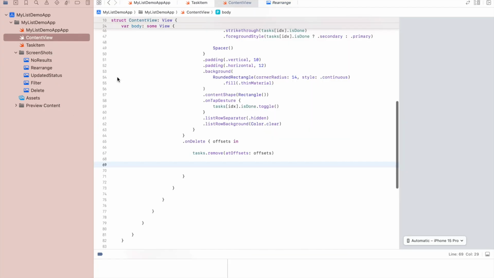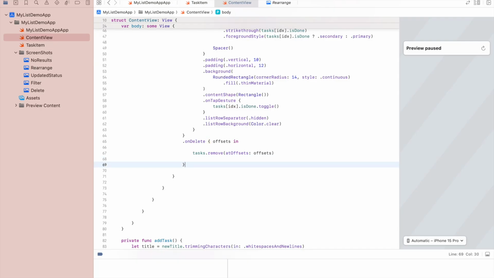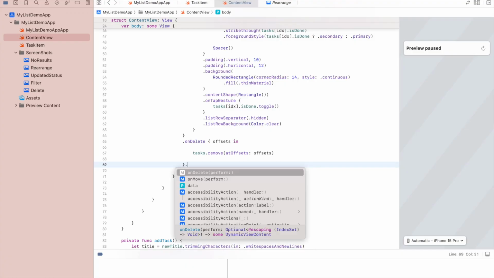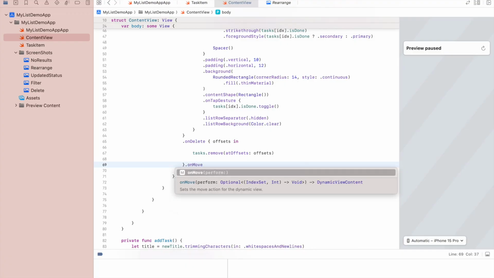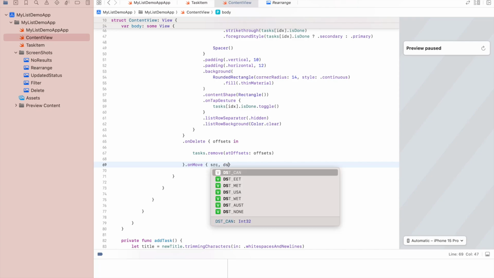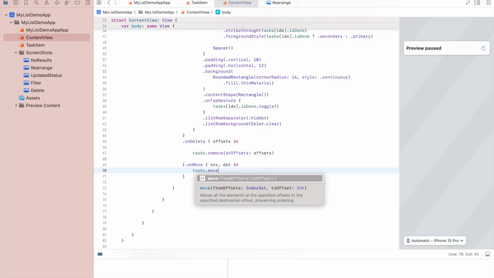To do that, we need to add the following code, which is anywhere after line 69, which is dot on move, src, which is the source, and dst, which is the destination where the drop will take place. Task dot move